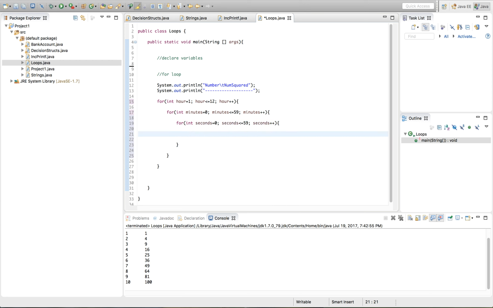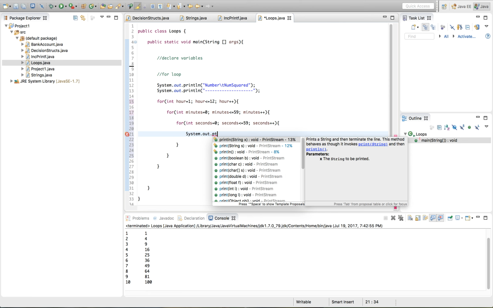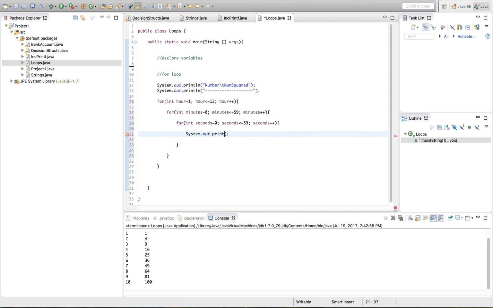So before I print out what we're actually doing here, it's important to understand what's happening. We are entering in here as 1. Or actually, I will print out the time. So system.out.print hour plus